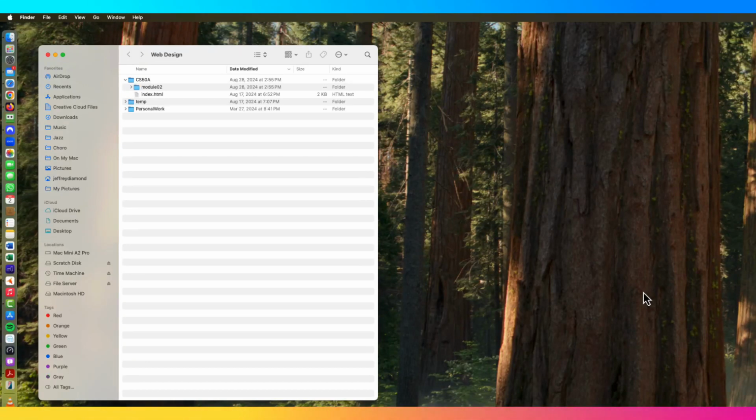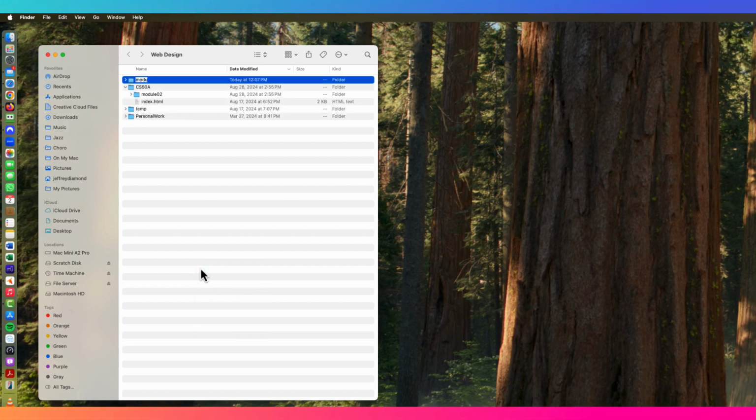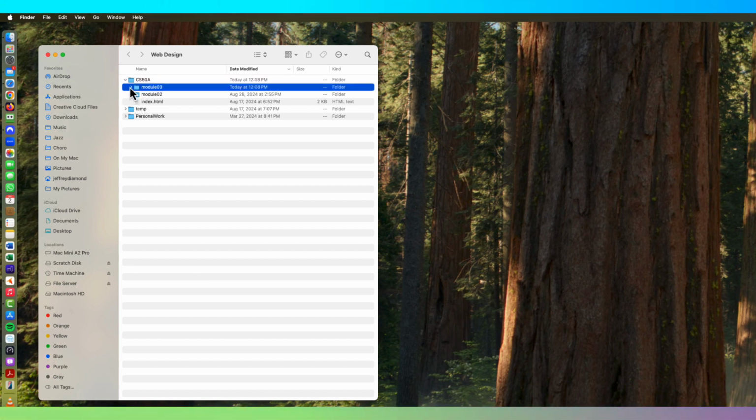So as is indicated in the homework instructions, step 1 is to create a subfolder and put it inside of the CS50A folder. So I can just create my subfolder and call it Module 03 into the CS50A folder. Once I do that, I can open up my code editor and create a new page and save it as